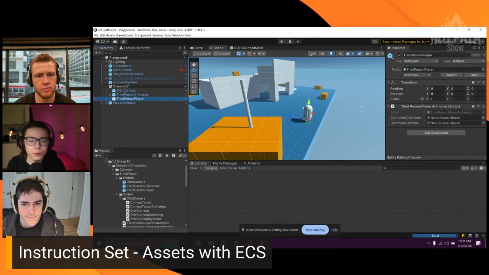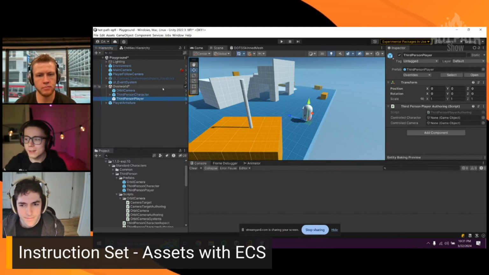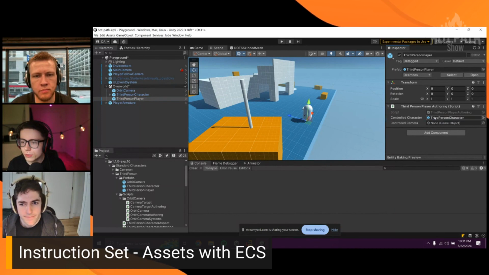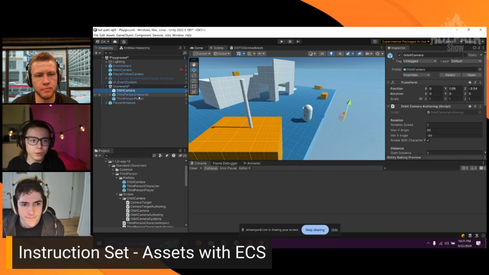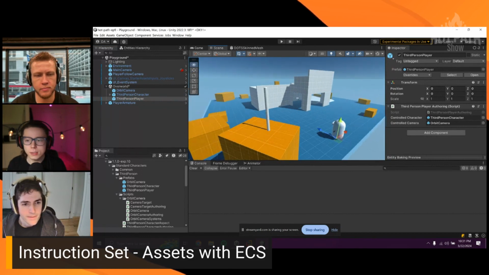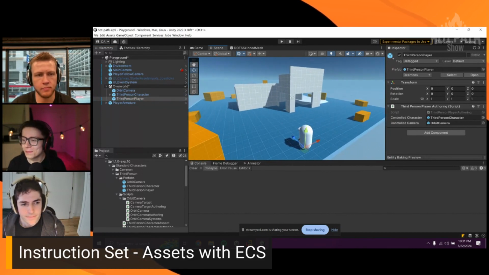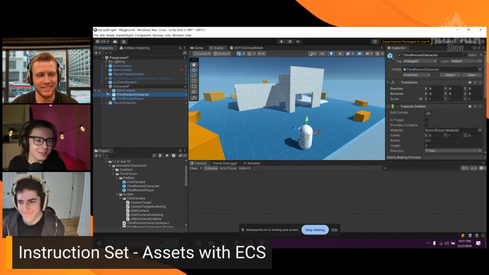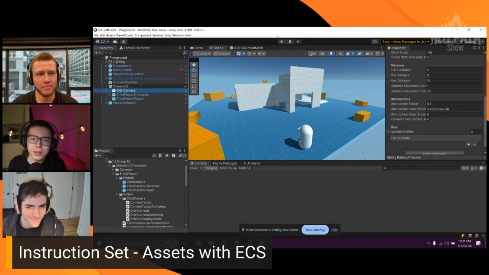Then you look at the third-person player. This one is going to tie the two together. Essentially, it's going to make sure that our input system takes the input, puts it here, and then it will move around the character. So which character is it going to move? It's going to move this character. Which camera is going to move around this target? Well, that's the orbit camera. So basically, it just ties these two assets together. And I do wonder why Philip did exactly this, but I'll ask him that in a second so I stay on track. Because I think already now we should have something that